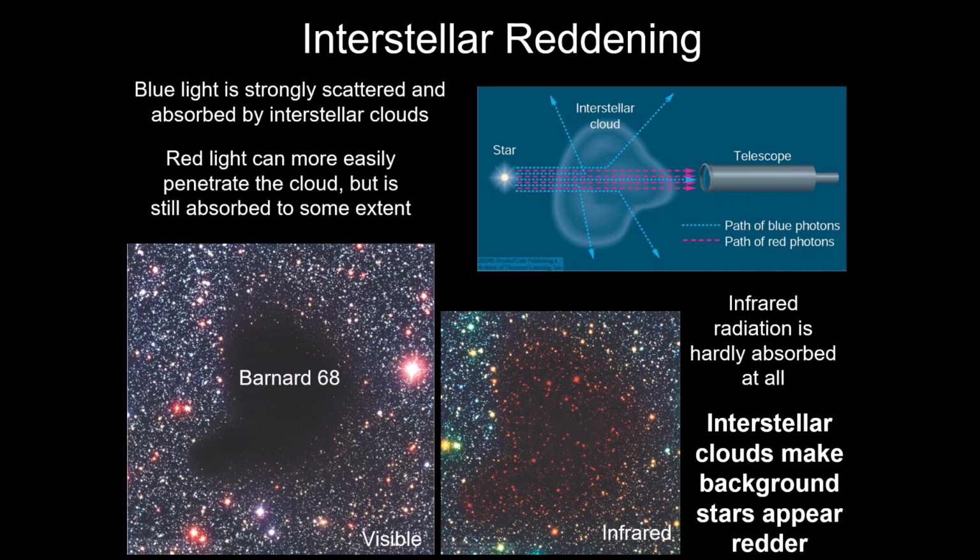All right, so that's what the effects of interstellar reddening is. It's really two things, right? It's reddening, which changes the color, but the other effect is called extinction, and that's simply blocking light. So in Barnard 68 on the visual wavelength picture, you kind of have both. You have the dimming of light or the complete blockage of light, which is extinction, and then you have the interstellar reddening taking place.